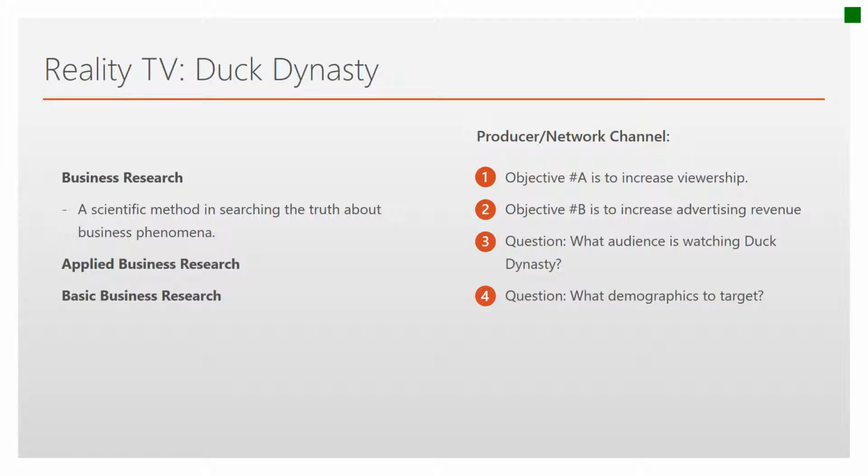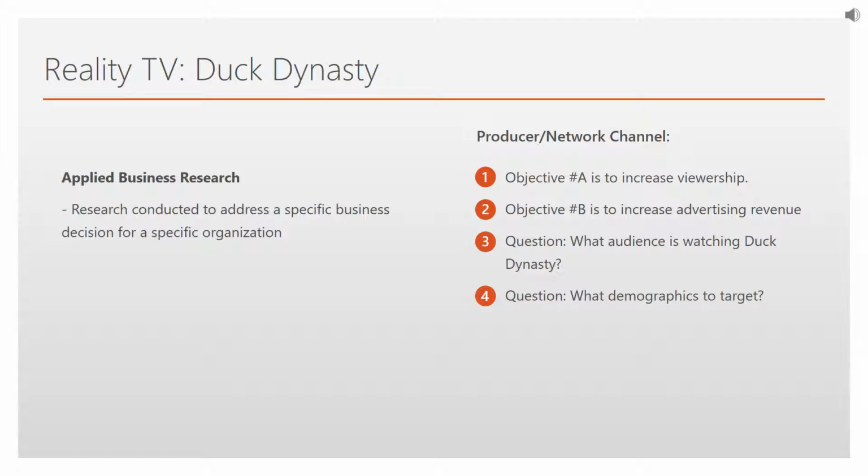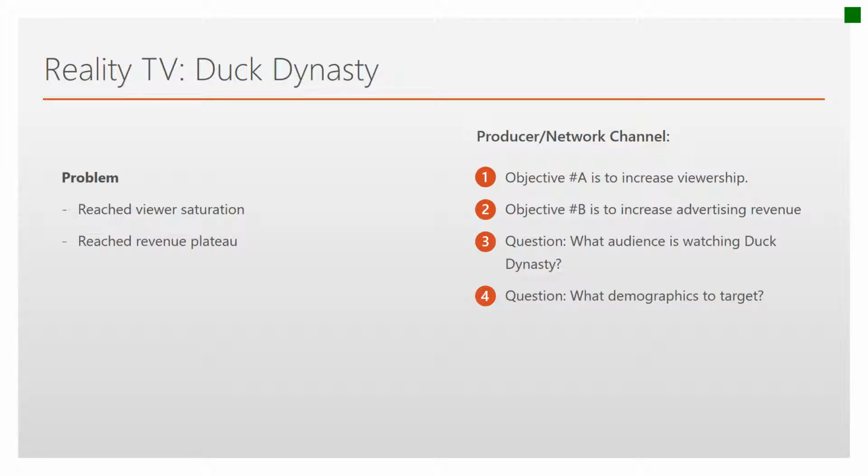The research needs to be specific, so the applied business research method should be used. According to our text, the applied business research method addresses the specific business decision of the organization. The network of Duck Dynasty may currently see the problem as a viewer saturation problem as well as a revenue plateau problem. Using the business research process, the network would define the research objectives as we have in Objective A